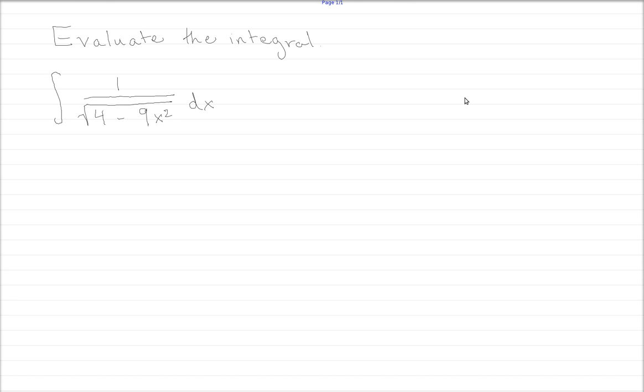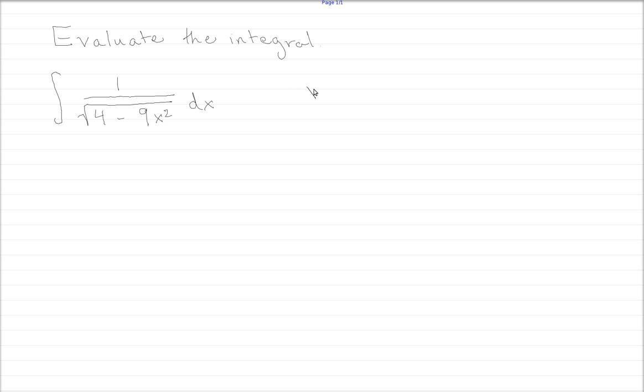For this example, we're going to evaluate this integral. We've got the integral of 1 over the square root of 4 minus 9x squared. Now your problem may have different numbers here. So since we've got a minus, we're subtracting an x squared in here, I'm going to use trig substitution, and